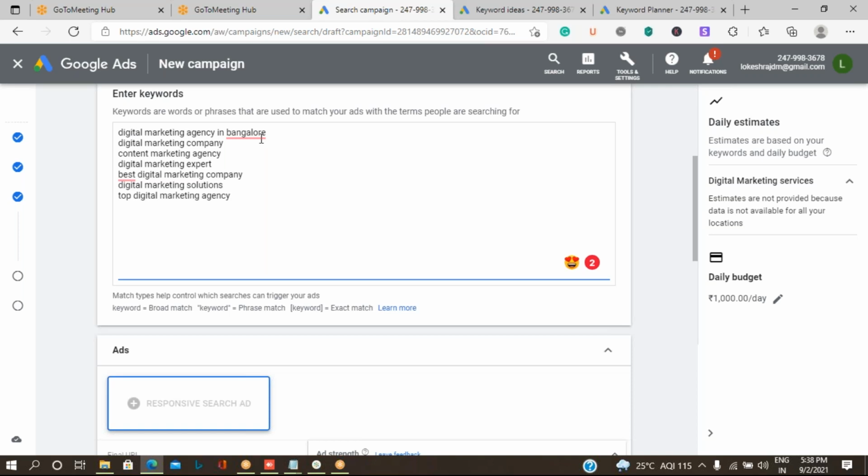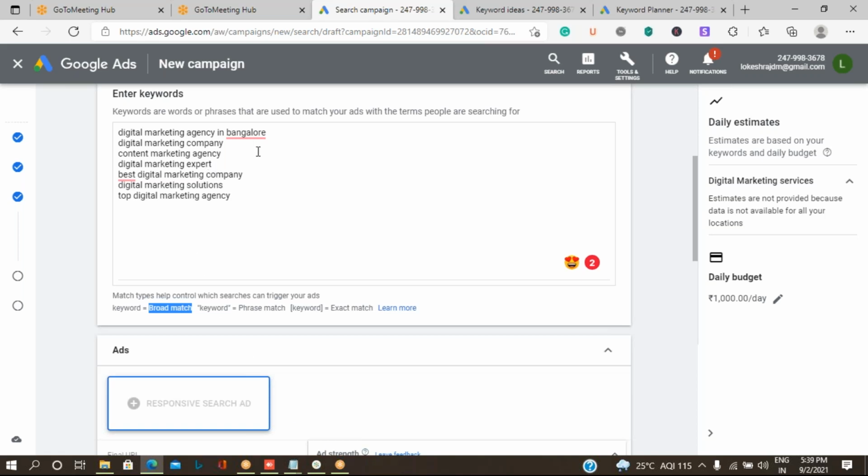They may not use all these words. This type of keyword, where people using a single word out of the keyword can reach us, is called broad match keywords. You can see here the type of keywords, which is called broad match.